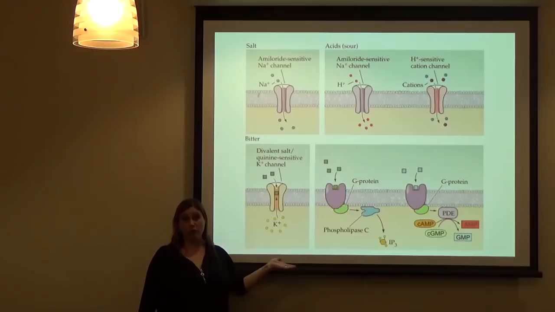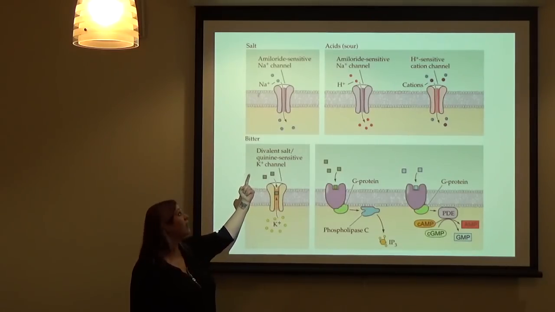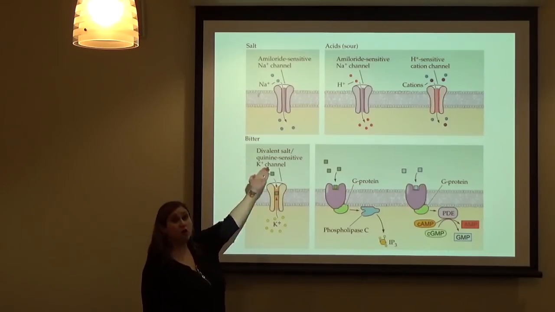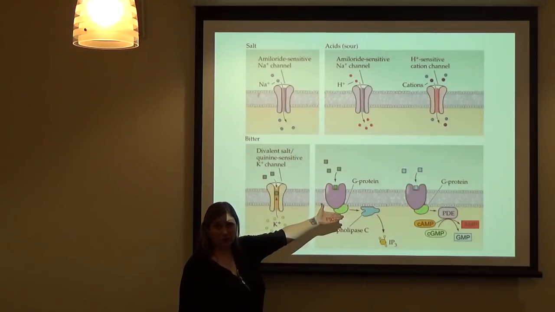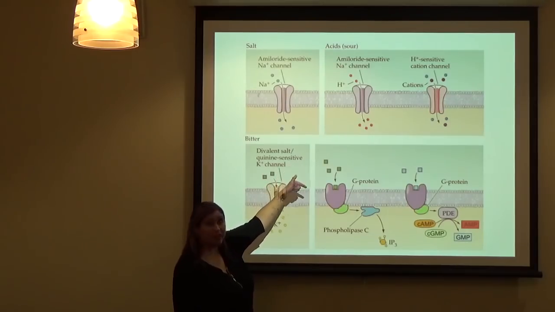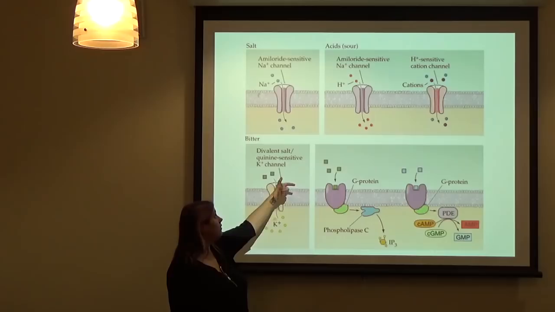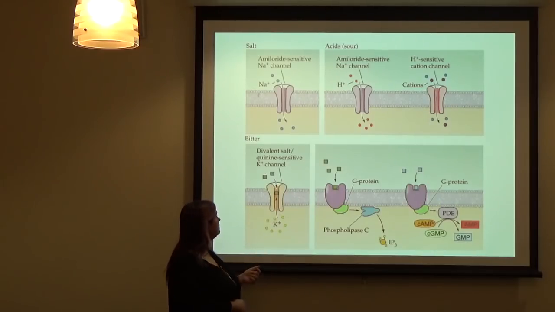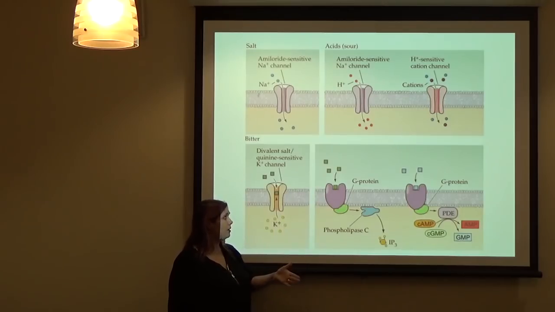Okay? For bitter, it's a little bit more complicated. It's a metabotropic receptor. So the salt receptors are ionotropic, and there really isn't even a neurotransmitter involved at that point. The ion itself is directly going into the channel. And then it is going to be that cell that then has a cascade of responses that changes the amount of neurotransmitter it's releasing. For bitter, it's a metabotropic process.